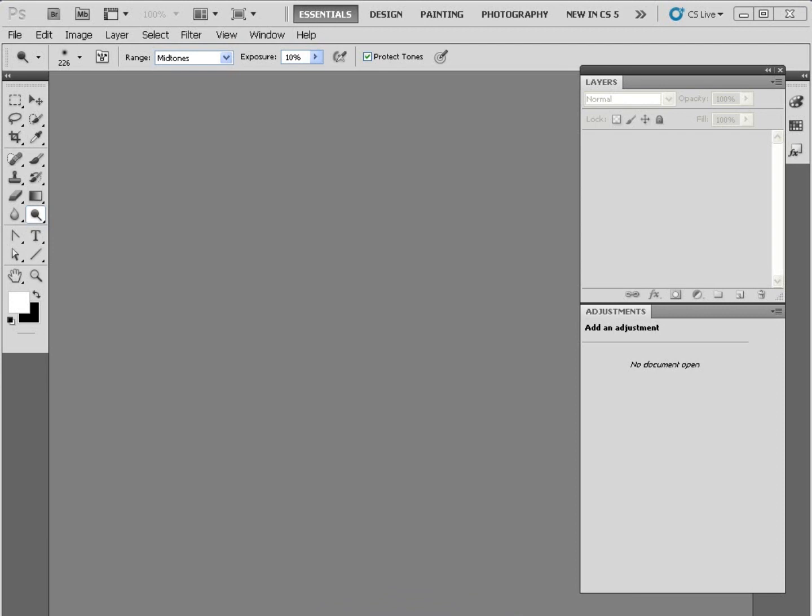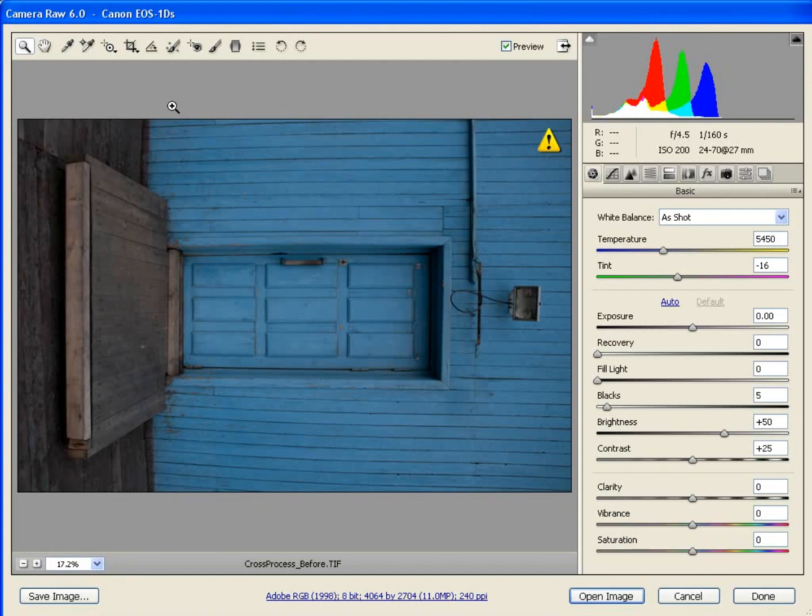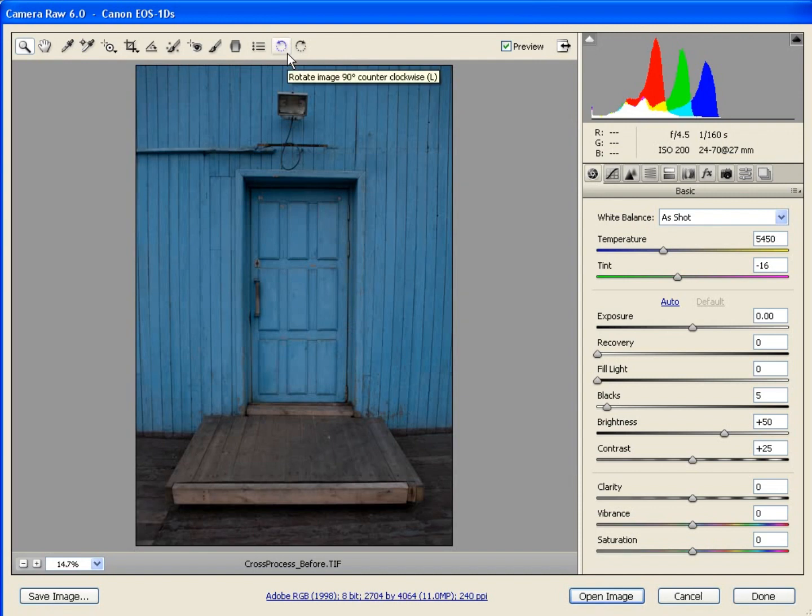Let's cross-process a file in the Camera Raw editor, and we can do that by opening Cross-Process Before, and that will open up in the ACR, the Adobe Camera Raw editor. And then you can click here to rotate the shot and make it the right way up. And the next thing to do is to have a look at the exposure, because cross-process shots have a very